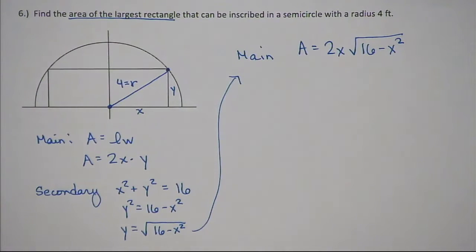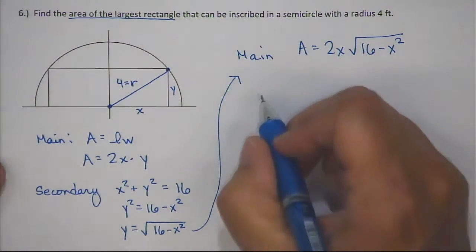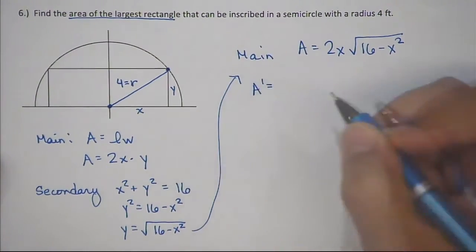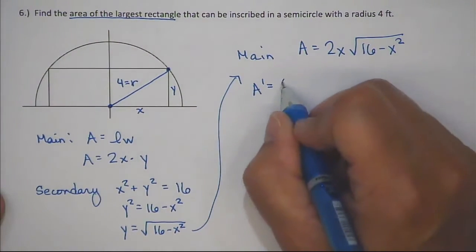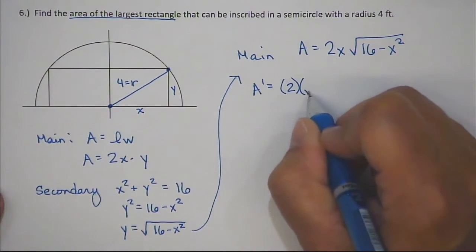All right, and I can't really simplify that. I mean, that's a product. I've got to do a product rule. Can't multiply a number times a radical. All right, so we're ready to do our derivative and then set that derivative equal to 0. So let's do A prime. 2x is your first function, and then remember the square root of 16 minus x squared is to the 1/2 power, right? So we're going to start with the derivative of the first, 2, times the second, leave it alone,